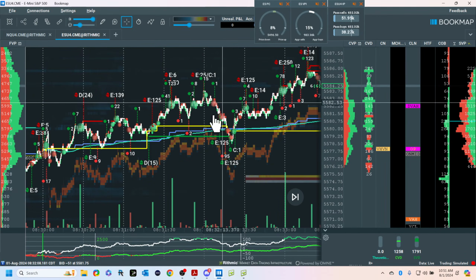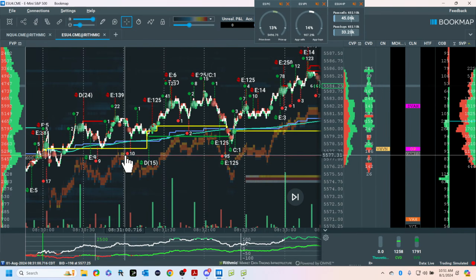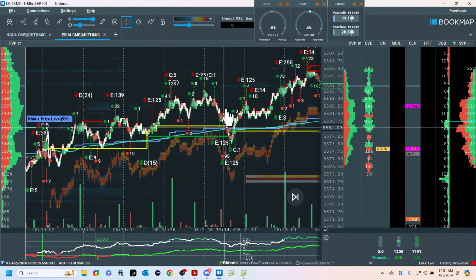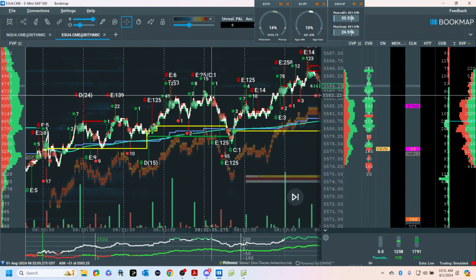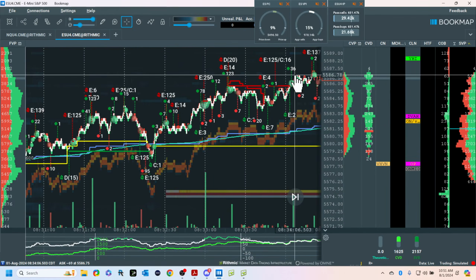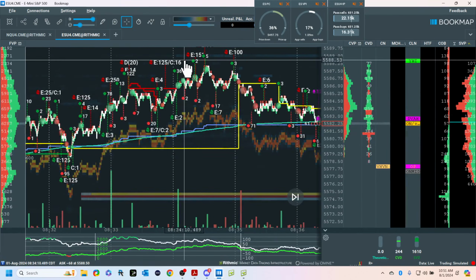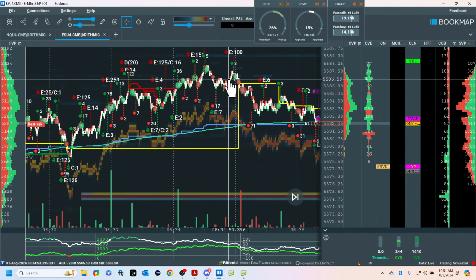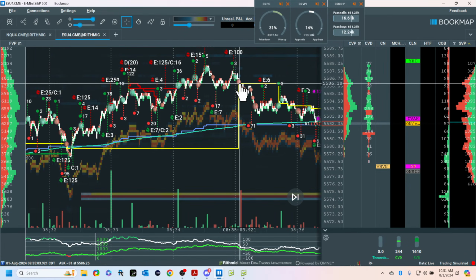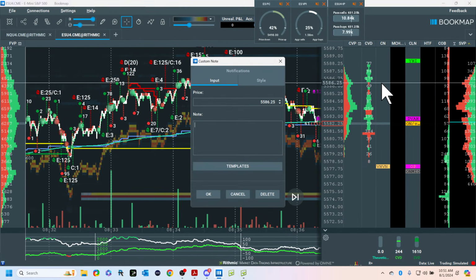Okay, so here we are. Variable high volume node, long, long, long, and targeting. Next target here, then the overnight high. Now I want to show you this. This is also going to lead into a structured trade. I'm going to label this. I really want to get going here, but I want you to see the process.